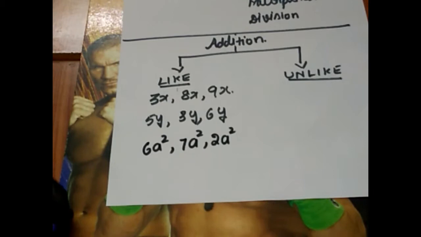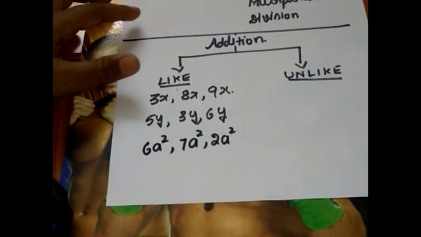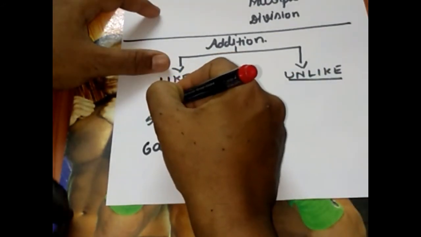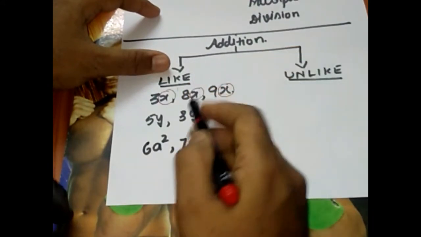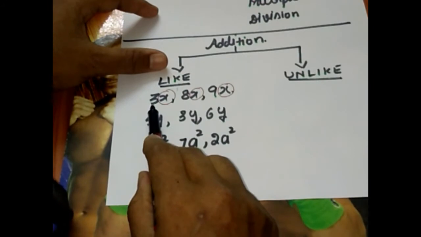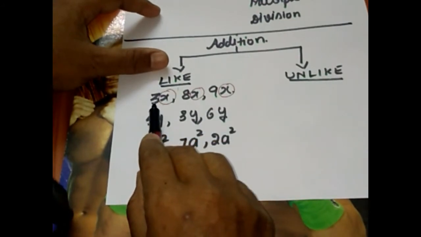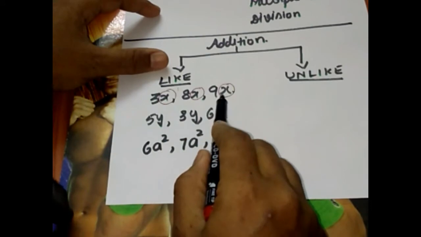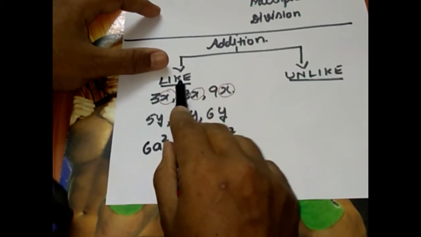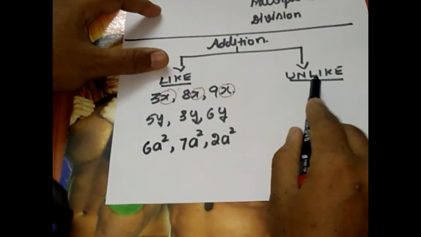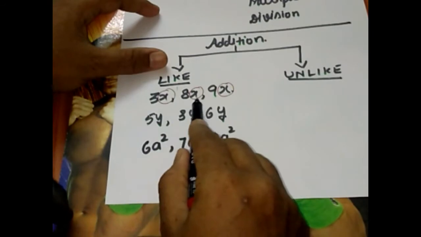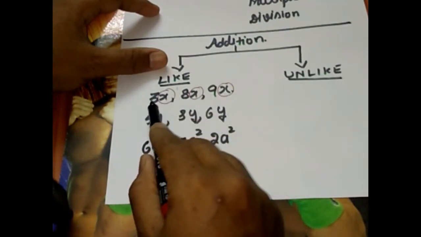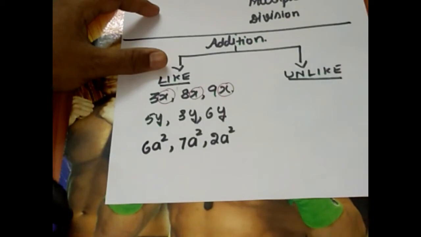If you clearly notice these terms where I have given three different examples, in the first example, the algebraic coefficient is x. Kindly observe, which I am just circling. See, 3x. We call 3 as a numerical coefficient, x as algebraic coefficient. To decide whether the given terms are like or unlike terms, we are going to focus on algebraic terms. In the first example, 3, 8 and 9 are numerical coefficients.